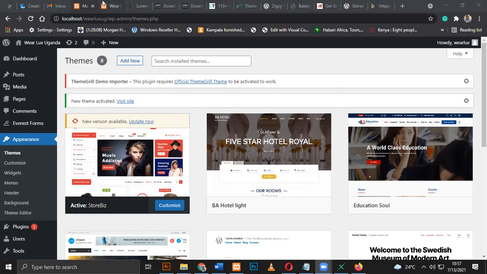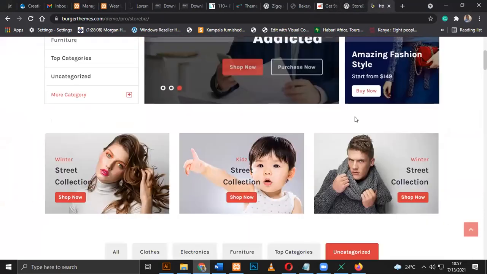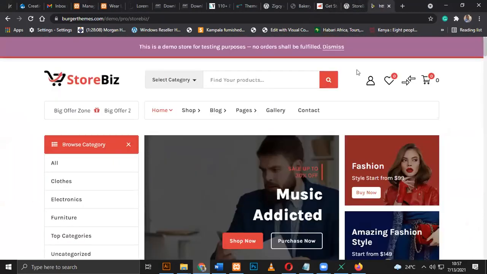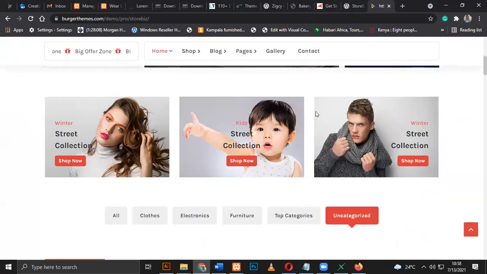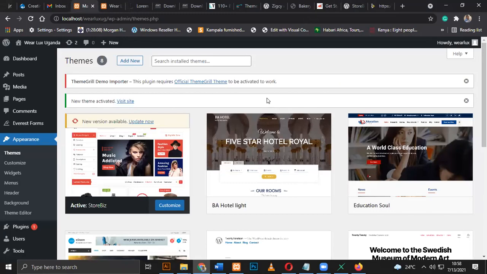So now, this is my WooCommerce website already, but I want it to look like this. How do I add all this? Now, first thing for the WooCommerce website to work, you need to have what we call the WooCommerce plugin. The WooCommerce plugin is a plugin which helps you to